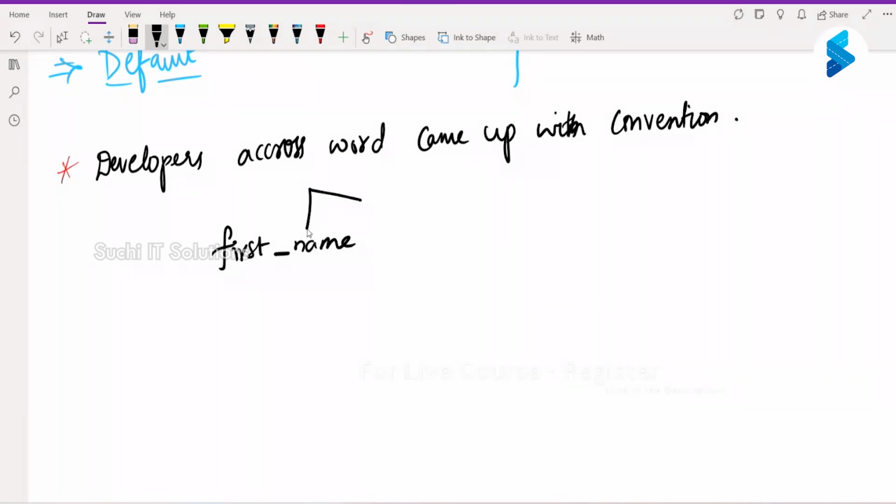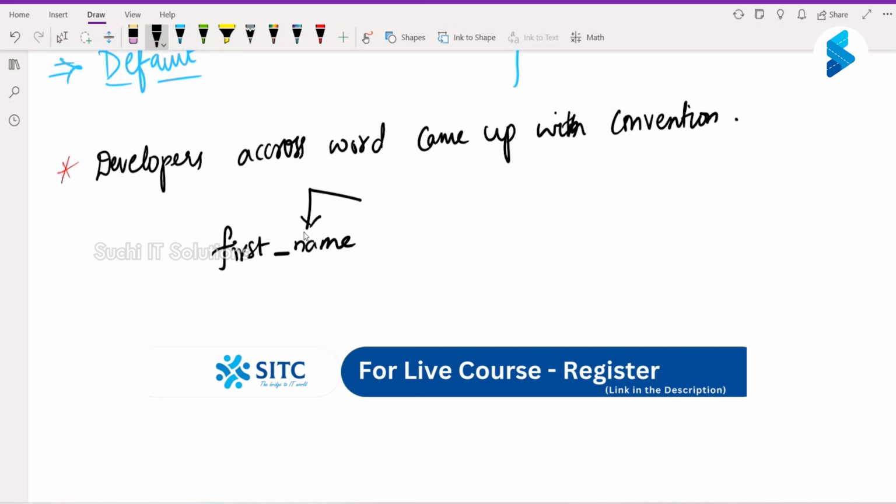This is a convention. It is not strict. There is no rule that you have to write your variable like this. But developers across the world, for variable, you have to come up with this. For method, you have to come up with the same casing. If it is a class name, you have to, instead of first